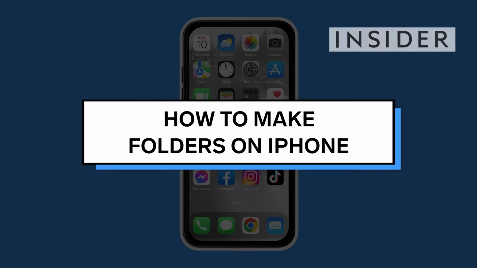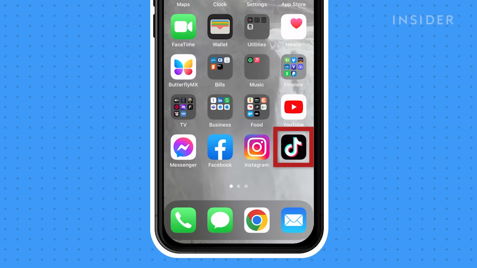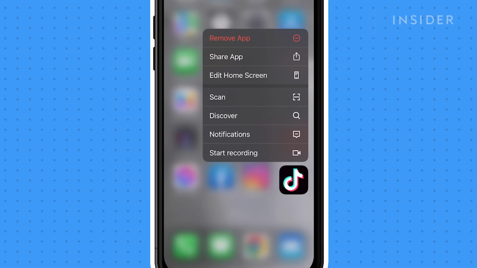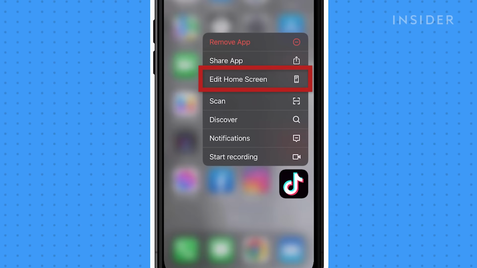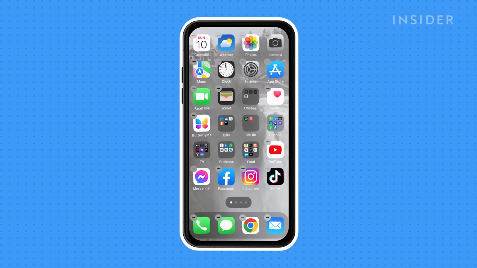In this video, we will show you how to create folders on your iPhone. First, press and hold the icon of the first app you would like to add to the folder. The option to edit home screen will appear. Choose that. All of your app icons should start to shake with a small minus sign in the upper left-hand